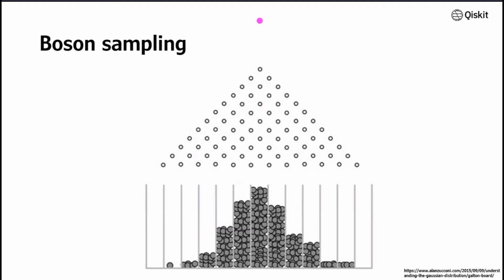However, let's try with a quantum particle. The problem is that when the quantum particle decides right or left, it does not decide. It will go both together, right and left with a 50% probability. And at the second stage, it will go again, again, and again. It's even hard to make a PowerPoint animation because it just gets complicated. I cannot even make the animation. So this becomes a really hard problem to solve on a classical computer, because the paths start superpositioning and interfering with each other.